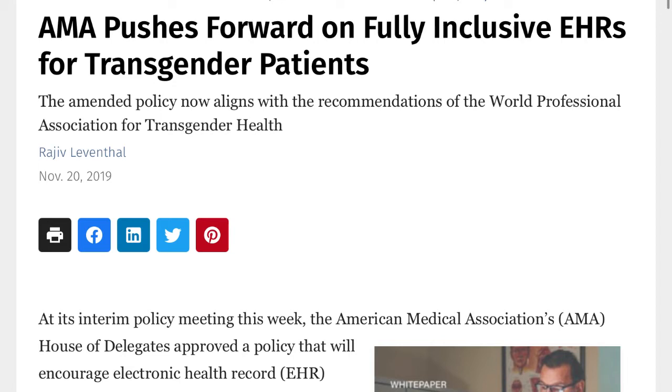In November of 2019, the American Medical Association amended its EHR policy recommendations, stressing the importance of collecting more expansive gender variables in order to identify and address the specific needs of trans people. They addressed some of the pitfalls with the 2015 system. Using male, female, unknown didn't actually make it easier to identify or meet the needs of trans patients. And the unknown or other category was undefined in the system, making it virtually unusable. A fix to this problem is using a two-step approach to gender data collection.